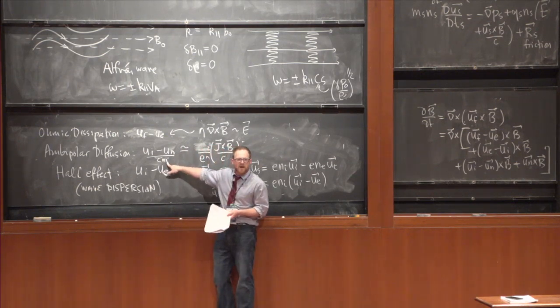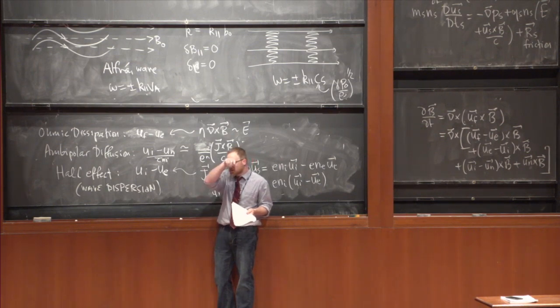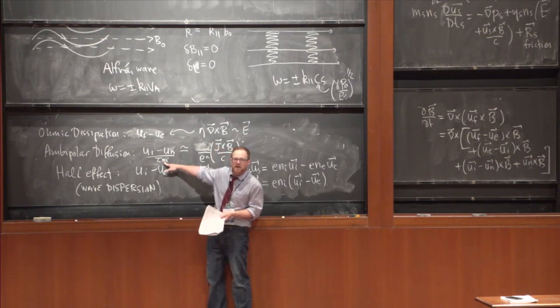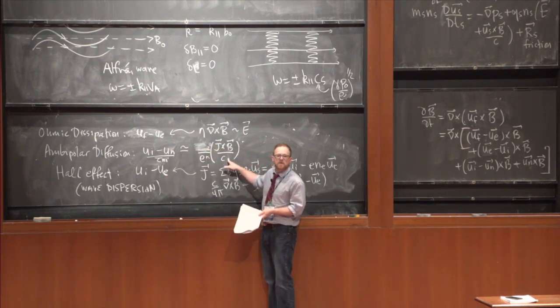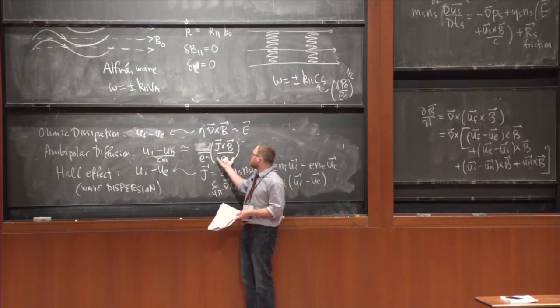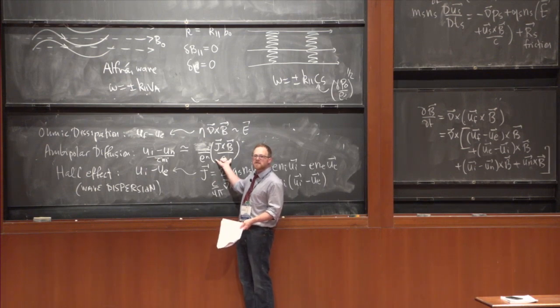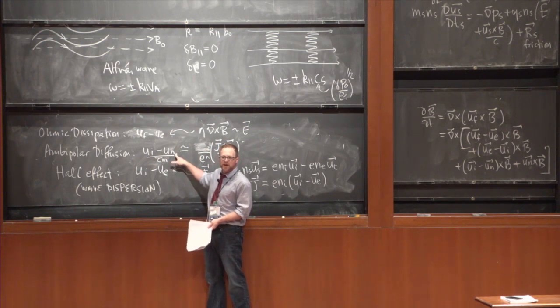So neutrals are colliding with ions. So you have a bunch of neutral particles around. They don't know about the magnetic field, but the ions do. So you collide with the neutrals, or the neutrals collide with the ions. Now the neutrals know about the magnetic field through collisions with the ions. This is the time scale of that collision. So this is like a drag force, right? It's a difference in velocities divided by a time scale. And this is Lorentz force. And this is worked out in the notes in detail, but the idea here is that you're balancing a Lorentz force that's acting on a charged species with a drag force where the charged species are talking to the neutral gas.